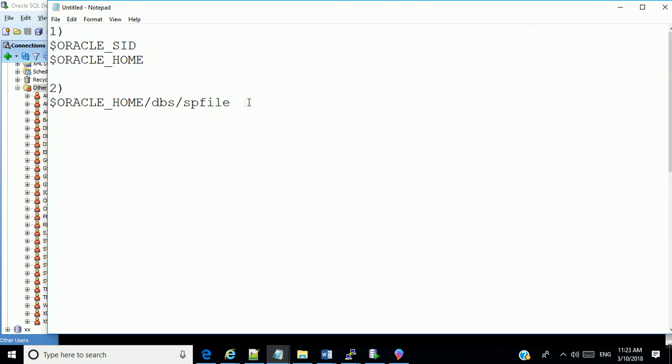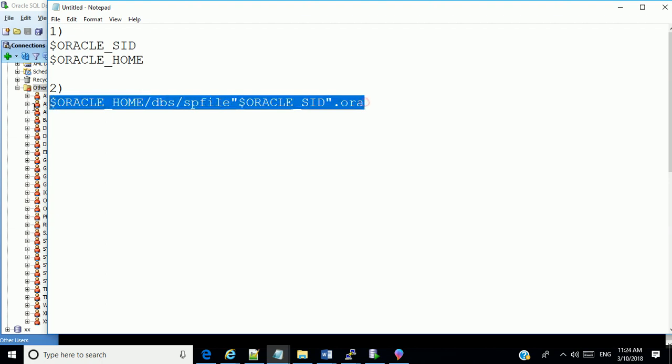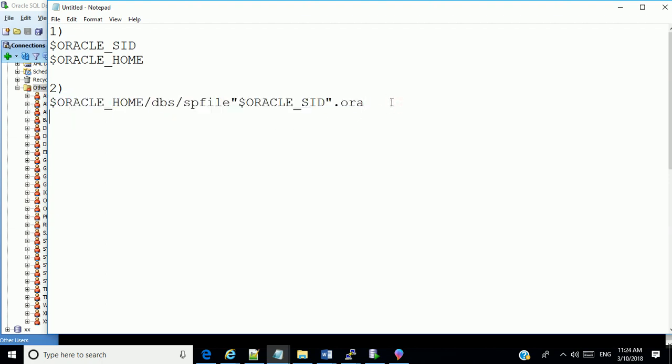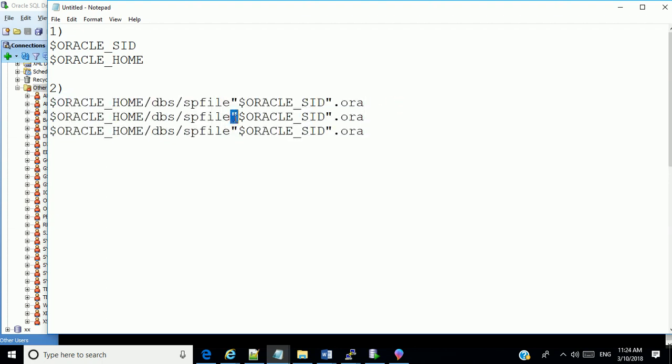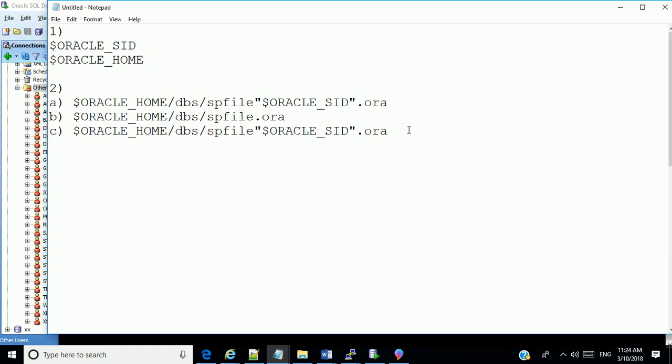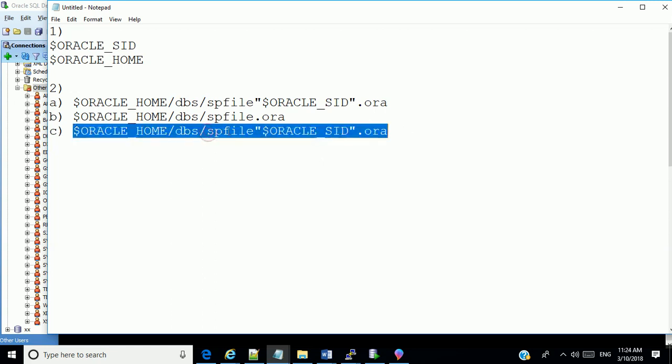This is the order in which it looks for it. If it doesn't find this file, it looks for the spfile.ora. This is the order of precedence: A, B, C, okay? If it doesn't find that, it now looks for a file called init.